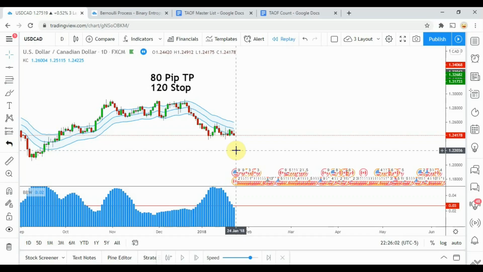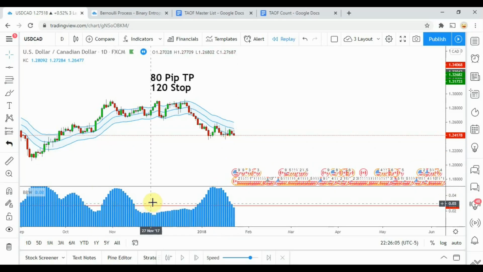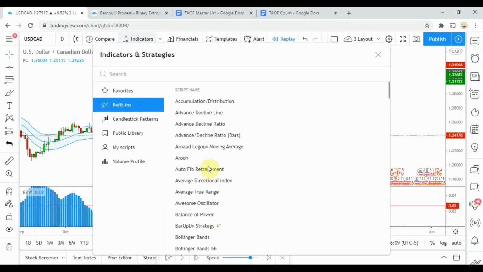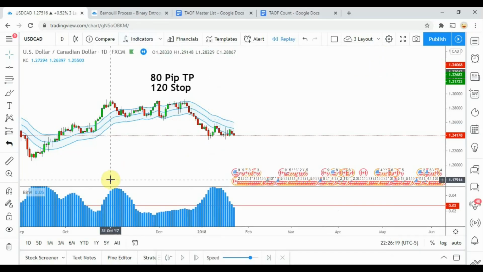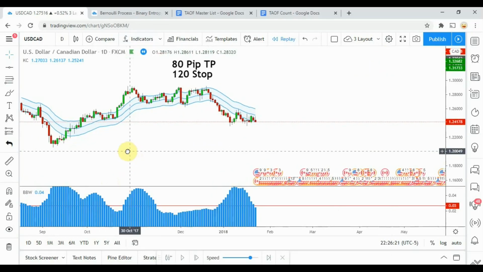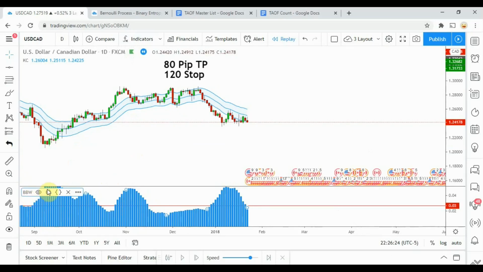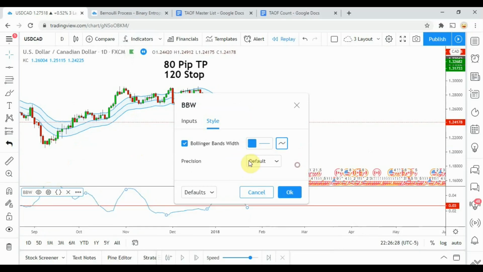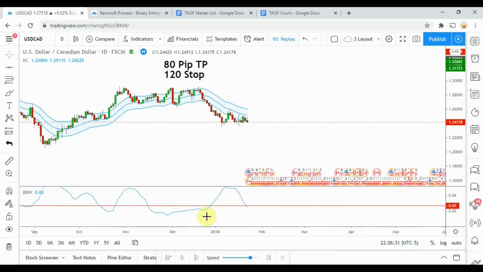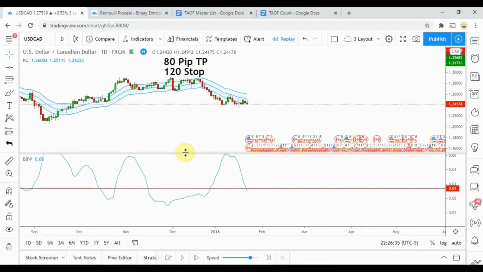And so what we have here on the bottom of the screen is actually the Bollinger Band width indicator. And that is also in the built-in indicators on TradingView. You can see Bollinger Bands width right here. Now what I've done is I've made a few modifications to the Bollinger Band width. And so what I have done is I've changed it from a line indicator, which is how it would normally look when you pull it up on screen,